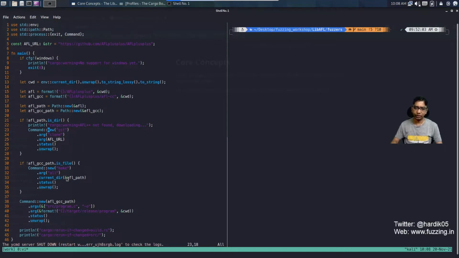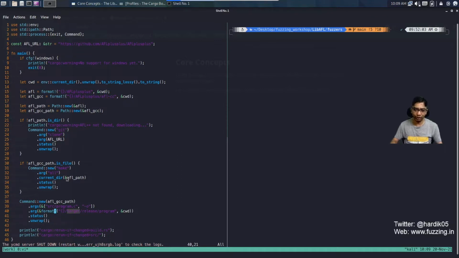Basically it is checking if AFL++ is present in this particular directory or not. If it is not there, then it will clone this URL, download AFL++, and then call make to build AFL++ on the system, so that you get all the AFL compiler wrappers like AFL GCC, AFL Clang++, or AFL Clang Fast.